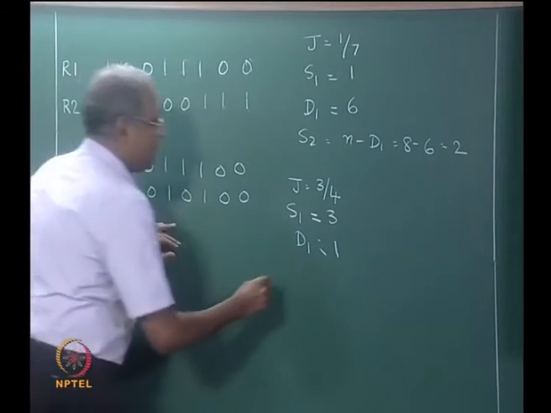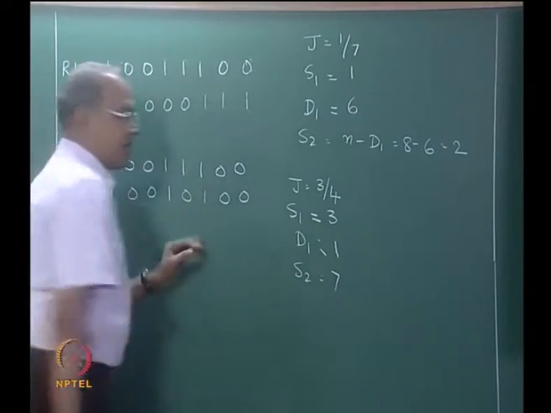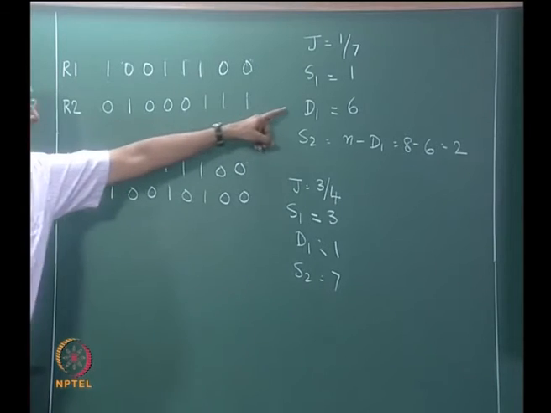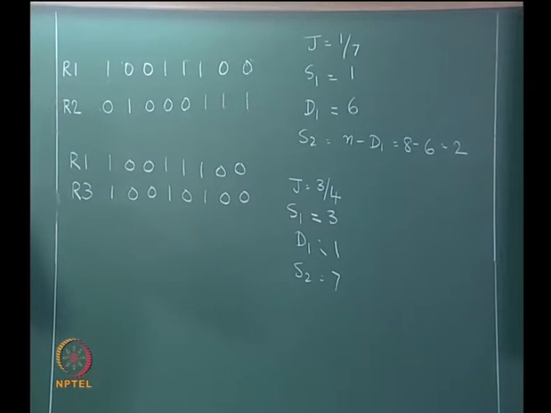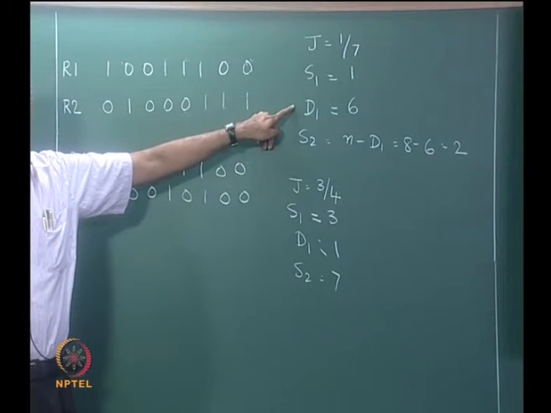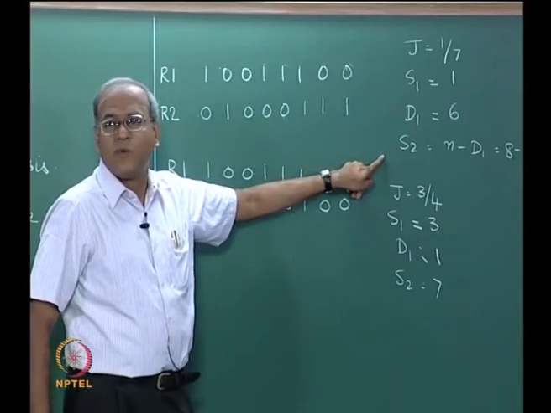Here S2 will be 7, 8 minus 1. Now what is D? D is the number of 0 1 pairs or 1 0 pairs. Therefore, what is this S? Number of 1 1 pairs and 0 0 pairs, they are the remaining ones. This is only 1 1 pair, this is 1 0 pair plus 0 1 pair, this is 1 1 pair